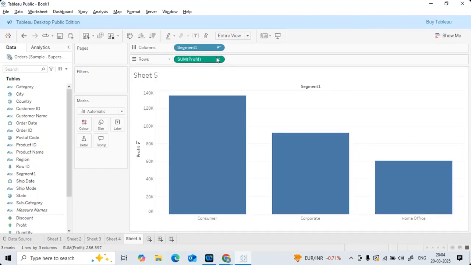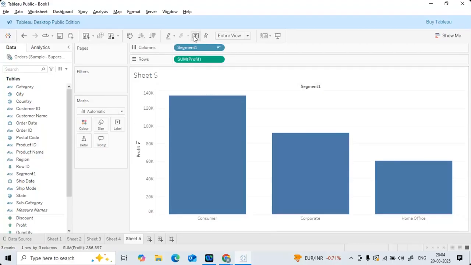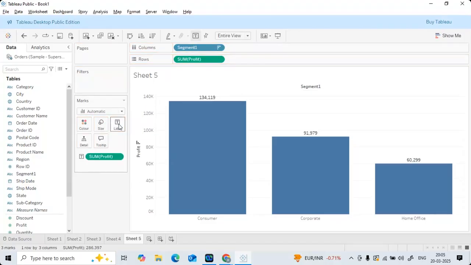On top, here you have this option called show mark labels. Just click on it, and labels will automatically be displayed for each and every segment. Or else, if you don't want to utilize this option, you have one more way as well. Here you have this label, right? And what is the label that you want to see? Profit, right? Whatever the profit column is, simply drag it and drop it onto the label shelf. That's it. You'll still get that number.